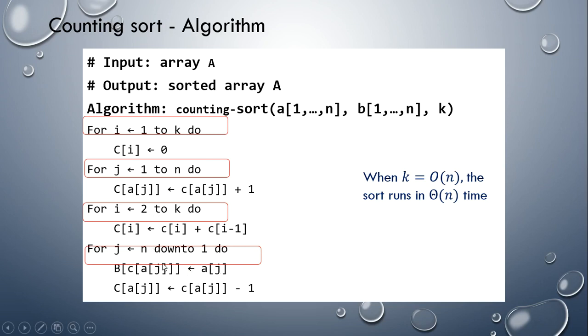So here we write the code to place the original array into the output array, starting from the right side. A[j] is written into B at the position given by the count, and the count in the updated array is decremented by 1. The total time taken by this algorithm is k times, n times, and k times, so 2k plus n. Since k is a constant, it is k plus n, so the algorithm takes theta of n time.